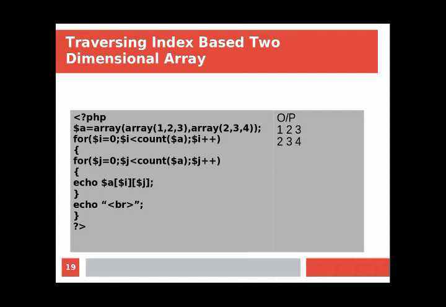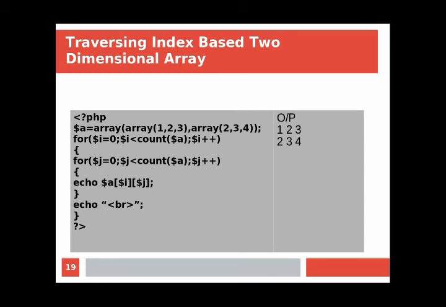So here remember that it will consider two elements for our array whose variable is $A, because the two arrays separately are the two elements. First one is array 1, 2, 3 and second is array 2, 3, 4. Because of I it will take the row, that means the 1, and then again it will take the next element, that is the column 2, and then again the next column 3. So it will keep the first row and then the columns, that's why it is taken 1, 2, 3. So the first echo statement will print 1, 2, 3.